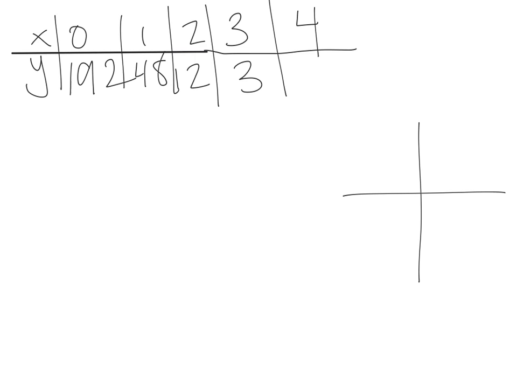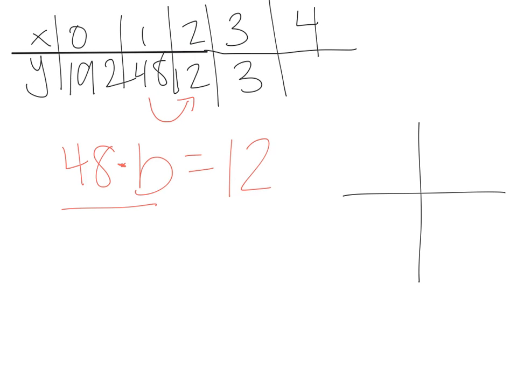So if we're trying to find the growth and we know it's multiplying, we can simply look at two consecutive terms. So if we choose to look at 48 to 12, 48 times some number, if we don't know the number, we usually use a letter, b, is going to equal 12 to get us from one term to the next. So to isolate b, we divide by 48,